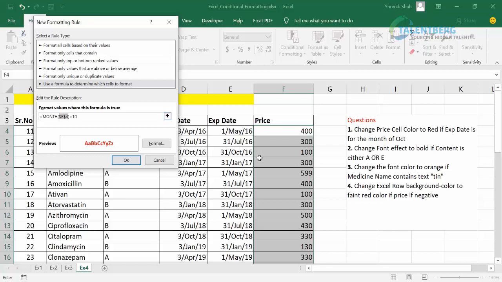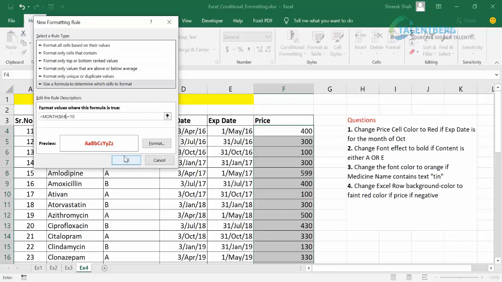So for this price, here is October, 100 rupees. I expect Excel should check the date 31st October. But Excel will check 1st May because the cell is frozen. So here what you do is remove the dollar symbol before the row number. If there is no dollar symbol, Excel will not freeze the row. So there is only $E4. That means for the next price, it will consider the next cell address. For 100 rupees, it will consider 31st October.